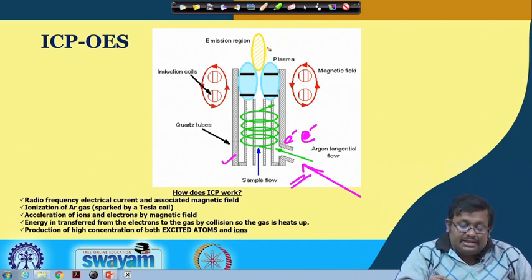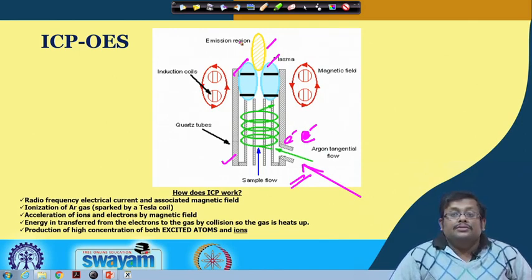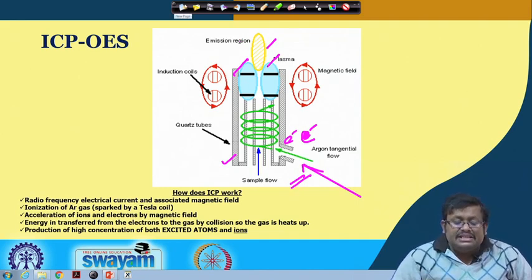So at the top you can see the plasma is generated. This is an emission region, with energy production of a high concentration of both excited atoms and ions. So this is the principle behind this